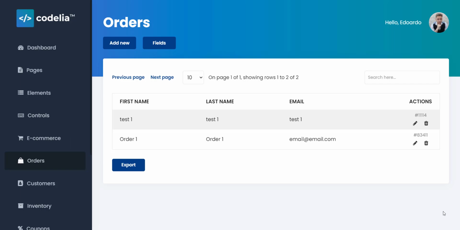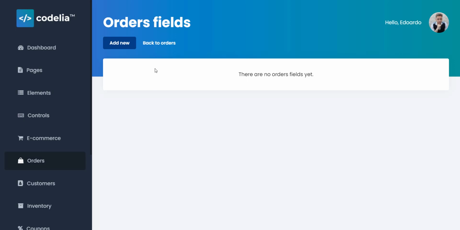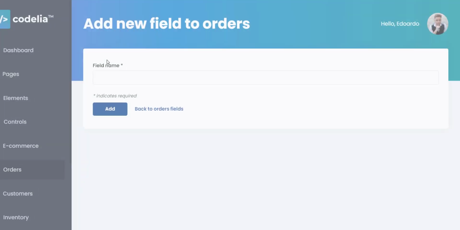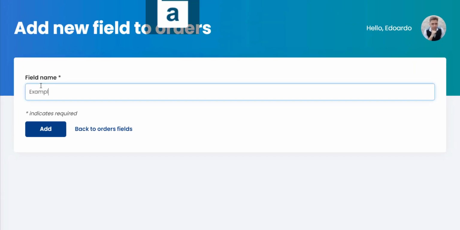In addition to checkout fields, I can add to orders some extra fields. The orders fields are just fields that are not sent by the customer. So I can send through the API a custom field that for example can include the price or some extra information that the customer cannot and should not read or send by making an order. So for example, let's add an example field,